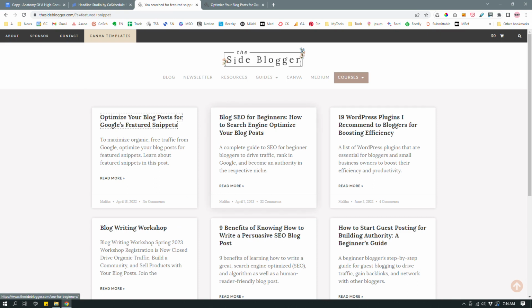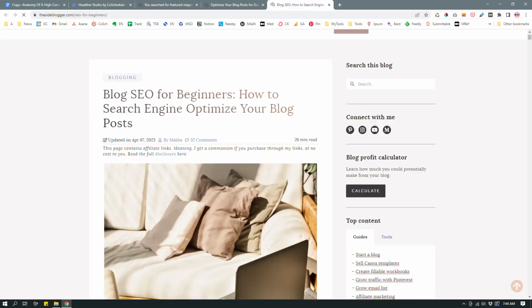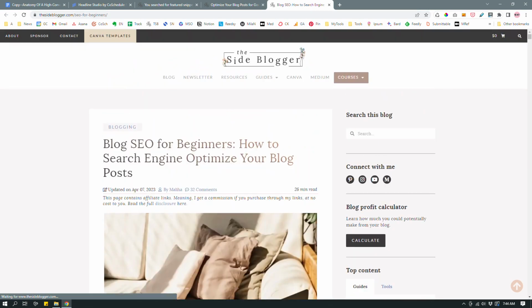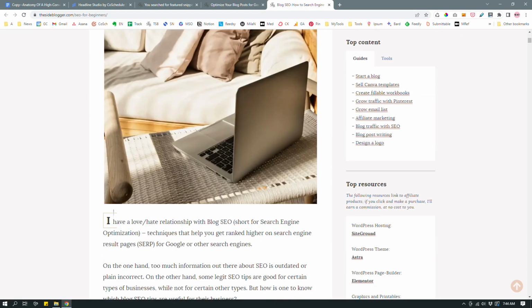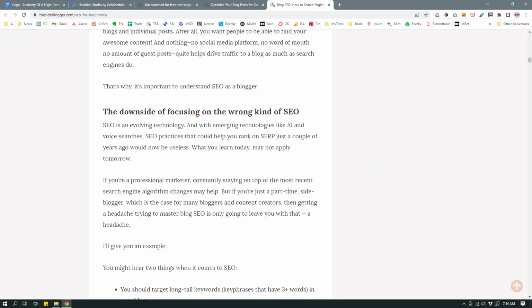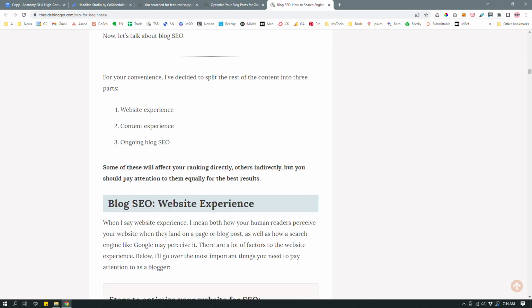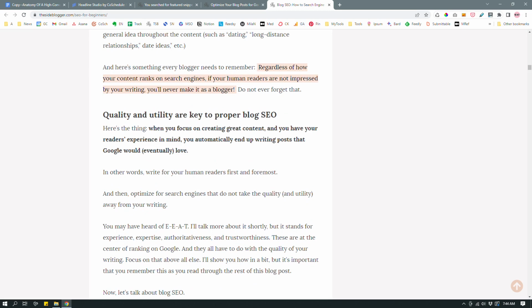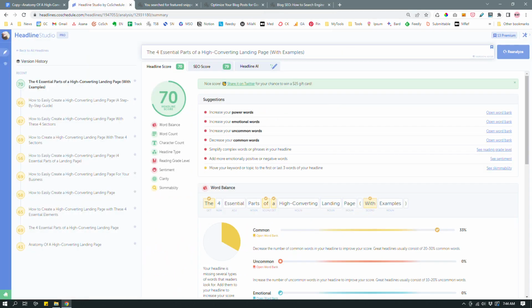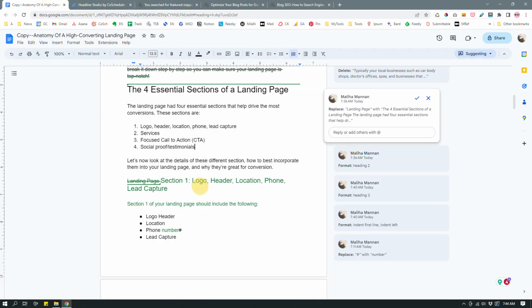Also, you can go and read the blog SEO for beginners. It's a complete SEO guide that I have written as simply as possible. It's super long. It's a 26-minute read, so it's a long blog post, but trust me, it's totally worth it. Especially if you're planning on optimizing your own blog post for SEO, or if you're trying to offer editing services, learning about SEO will be extremely helpful for you. Okay, so